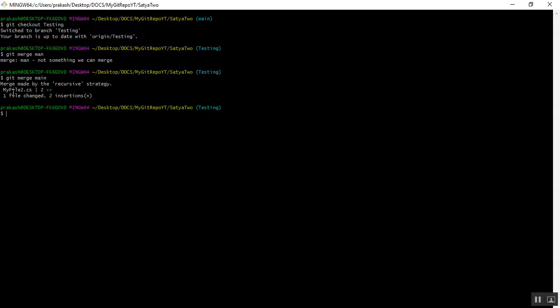So now we can see that after successfully merging the changes from the main branch to the testing branch, we get the details here, right? Our branch is merged successfully from main to testing: myfile2.cs, 1 file changed, 2 insertions, which means 2 lines. Alright,